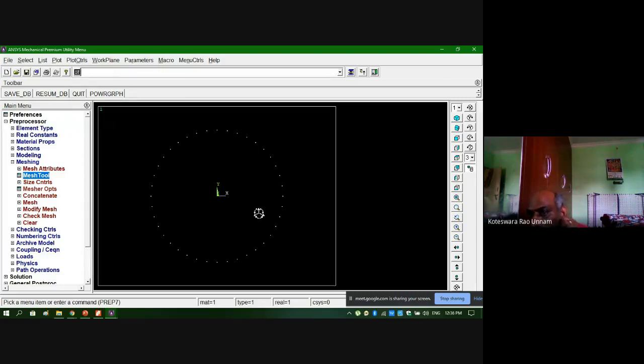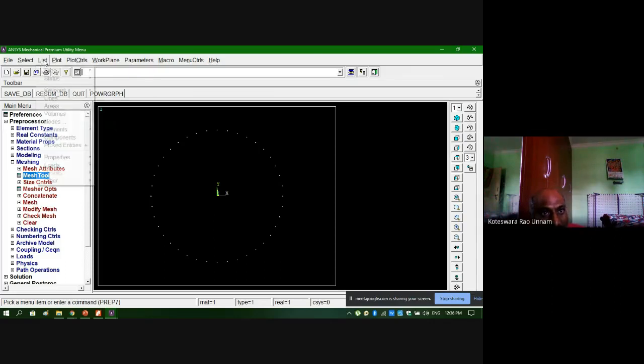Then the next step is to apply the loads and boundary conditions, like what has been given in the problem. So exactly here, at key point 5, the split is there. The top one is fixed and the bottom one is subjected to a force of 1000 newtons. For that, at this location, I have 2 nodes. So first, I need to identify what those 2 nodes at this location are.